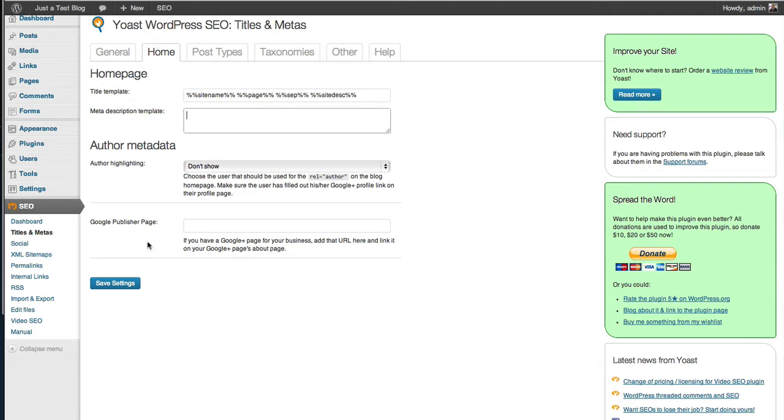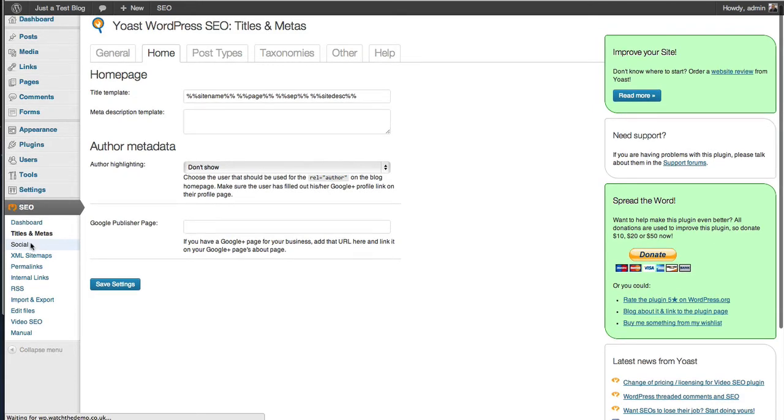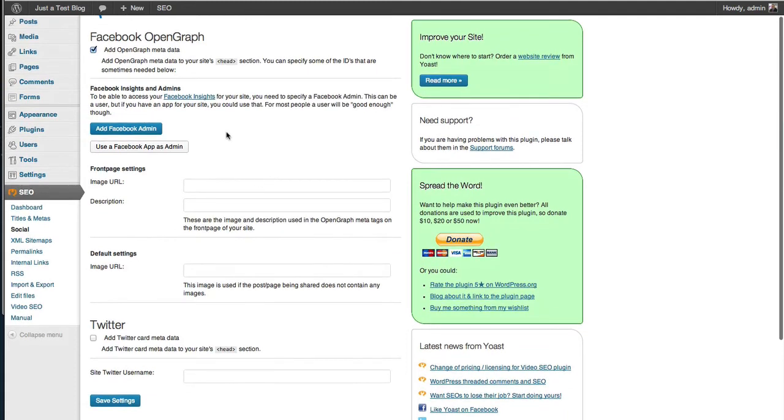There are a load of other things to do with being an author and getting your author details published, which I'm not going to talk about this time round, but just bear in mind that there is an awful lot in this plugin. The other bits that I'm not going to talk about, but I'm just going to show you briefly, there's some lovely connections with Facebook and Twitter meta cards. Moving on,